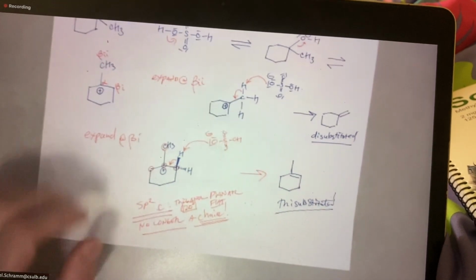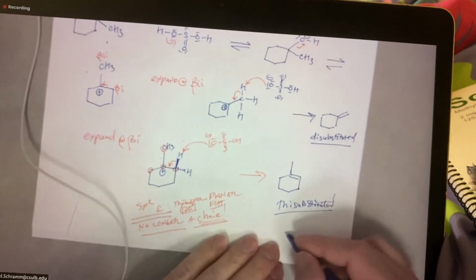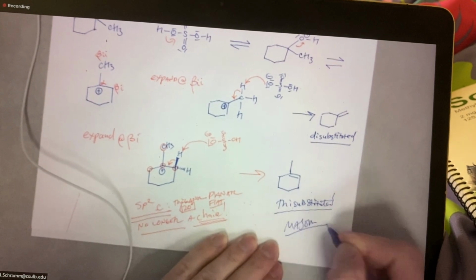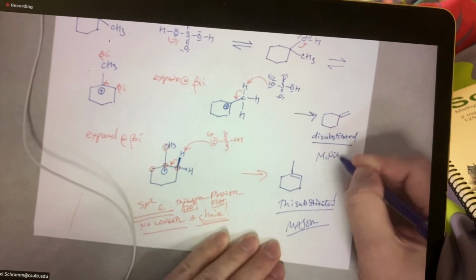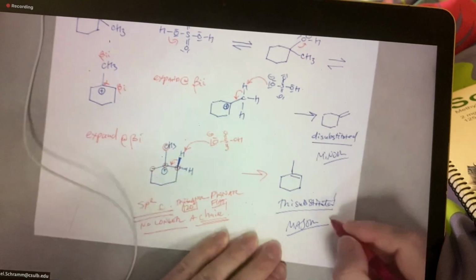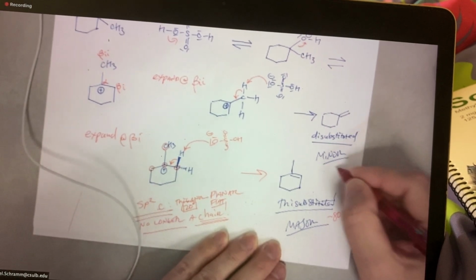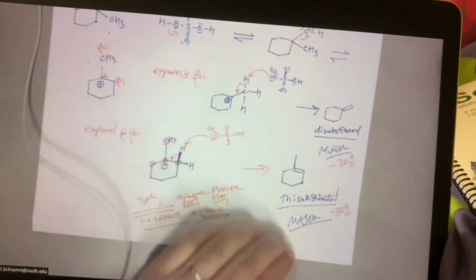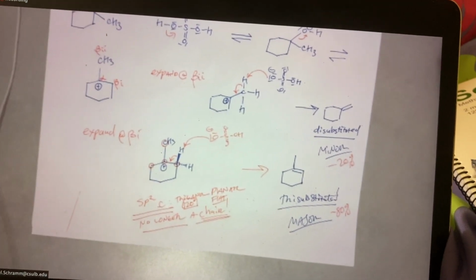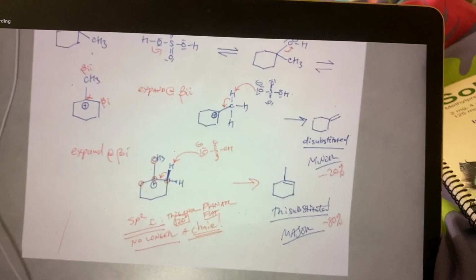Following Zaitsev's rule from yesterday, this would be our major product. If we were asked to predict it, this would be our minor. When we run this reaction in reality, we get about 80% yield of this one and about 20% yield of this one, roughly. Those numbers, you have to actually do an experiment